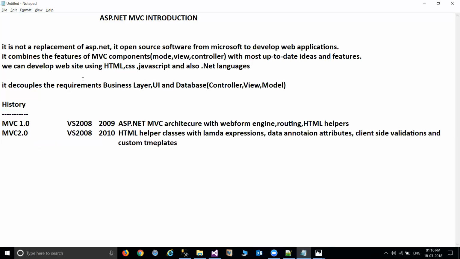After that, in 2011, they released MVC 3.0. It has features like the Razor View Engine. In 1.0 and 2.0 they gave the web form engine, and from 3.0 onwards they provided Razor engine integration.